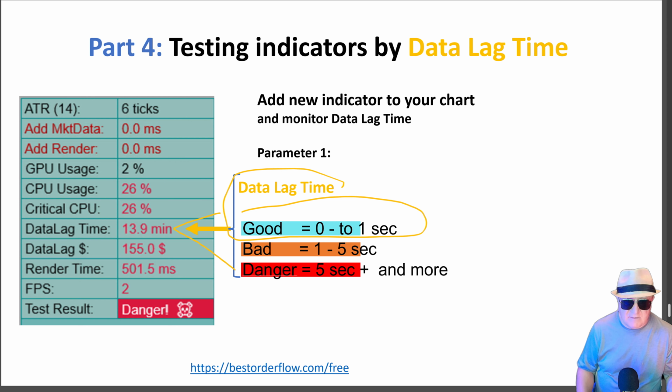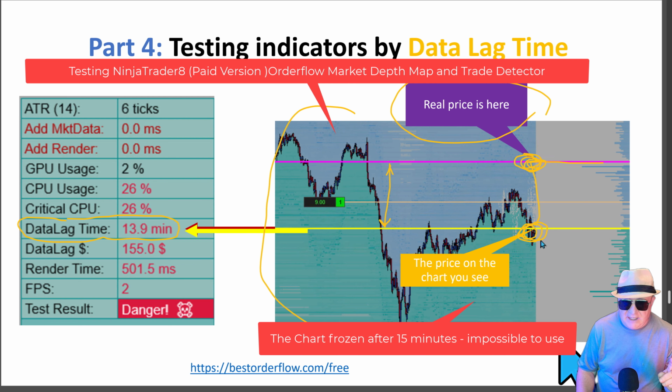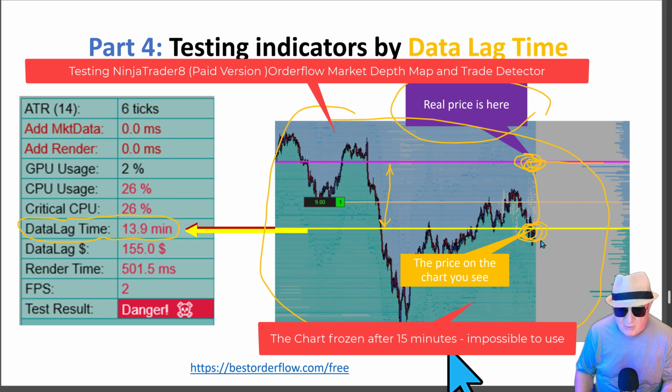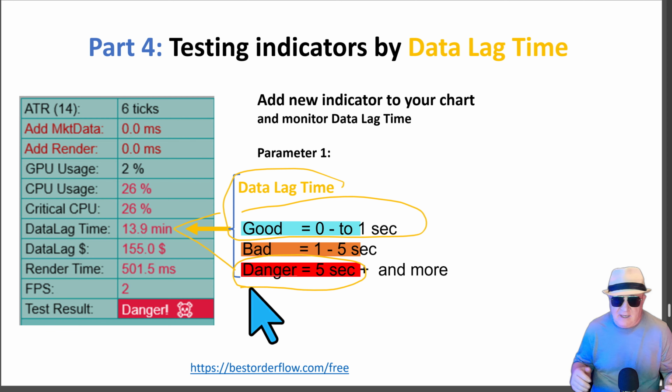And it happens with me specifically with the NinjaTrader paid version heat map that is included in a paid version of the NinjaTrader. Now, this is unfortunate because you expect that the NinjaTrader platform can be built in a way that it's not producing delays, because Bookmap or heat map is a really vital instrument for us while we're trading, specifically when we're scalping. And when the data lag time exceeds 5 seconds or more, then we need to be concerned about getting out of